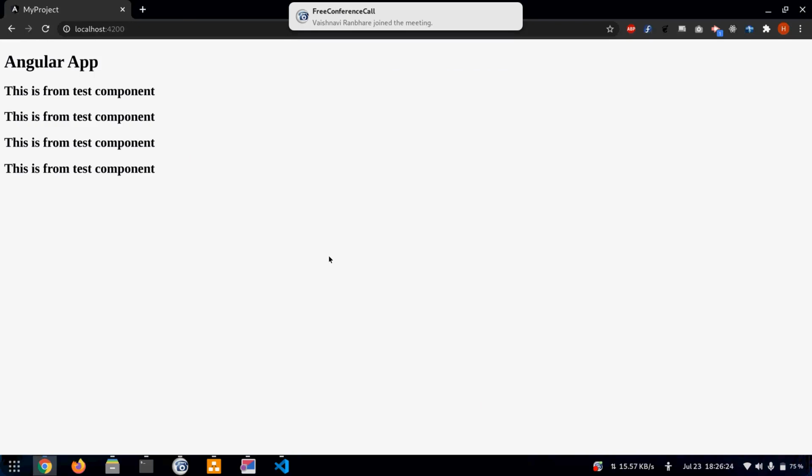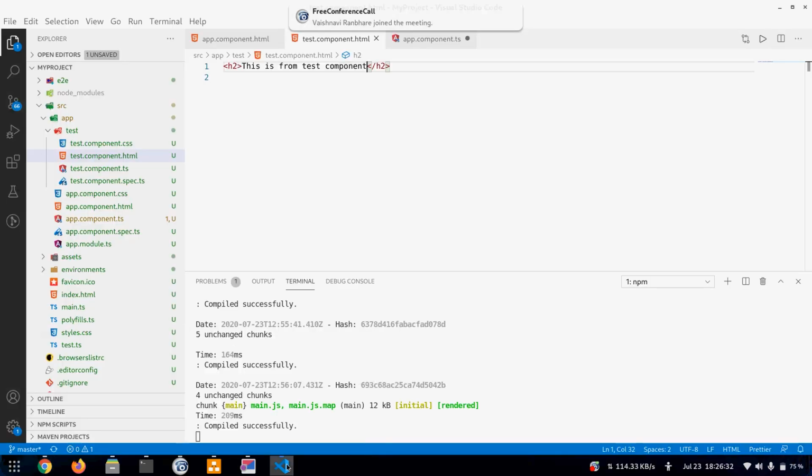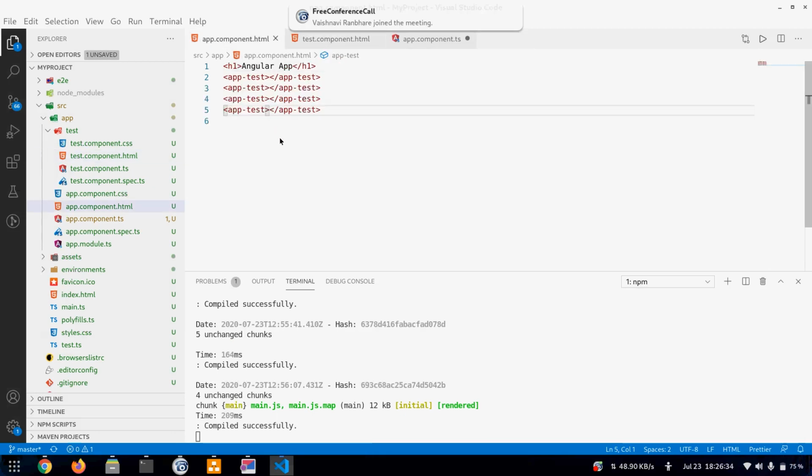Hello. Yes. So you made the component and then you added the component as an HTML tag in which file? App.component.html, right? You can add this tag in any HTML file. It will get displayed there. Okay. But currently on our localhost 4200, this file is getting displayed, right? App.component, right? Yes, this file gets displayed. Okay, cool.